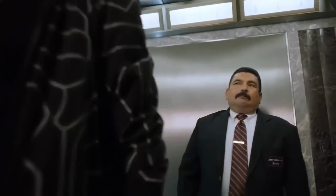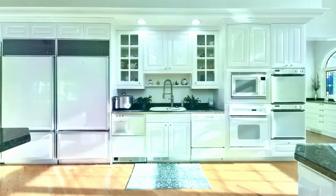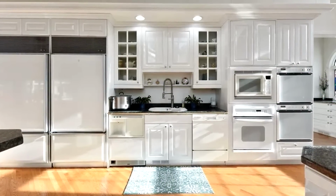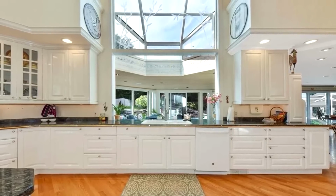Then heading back to his kitchen, it is fully furnished with white cabinets and has 2 of everything. He has 2 fridges, 2 ovens, and 2 dishwashers, while also having 2 islands in the center of the room. If this wasn't special enough, the sink even has a skylight window right above it to let in the natural